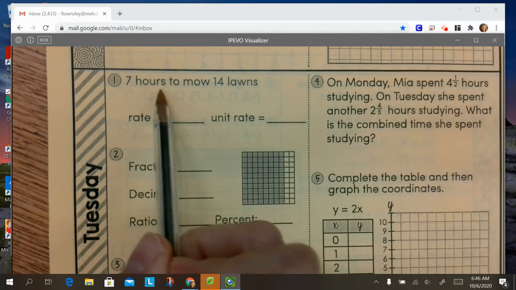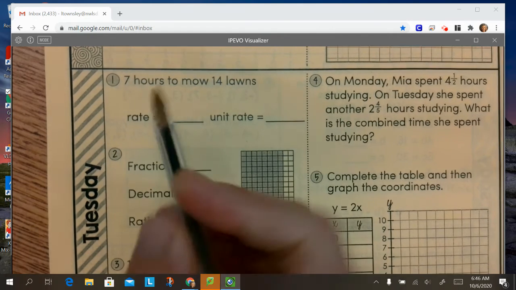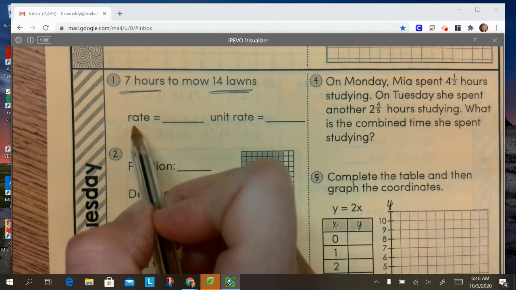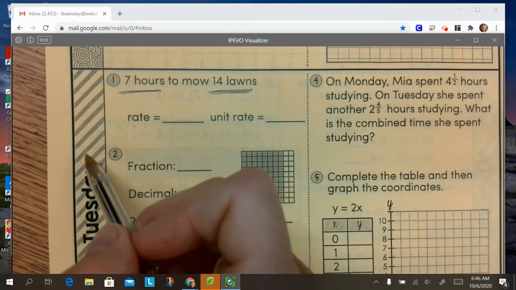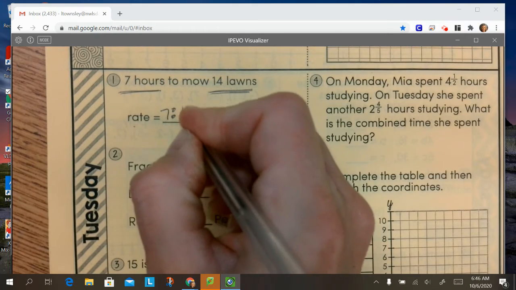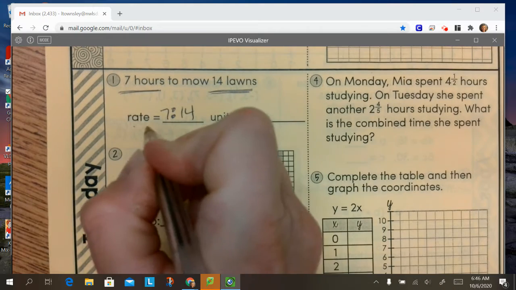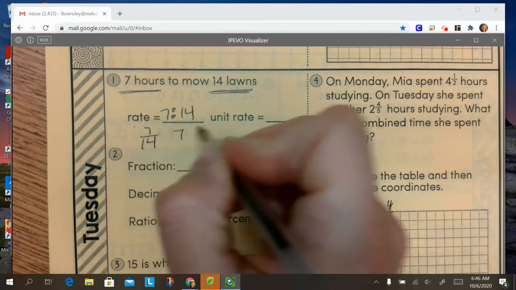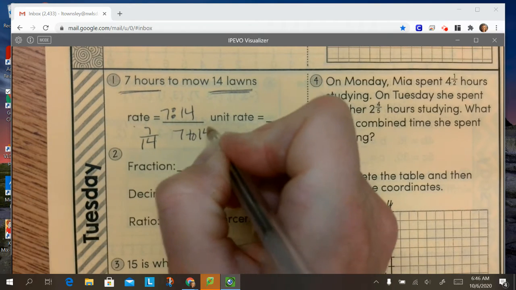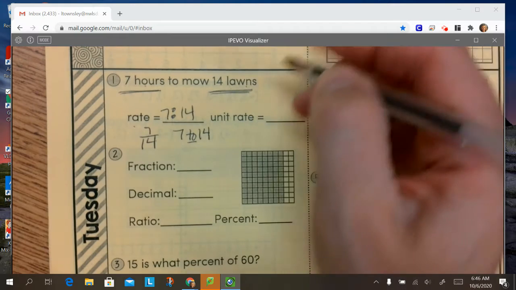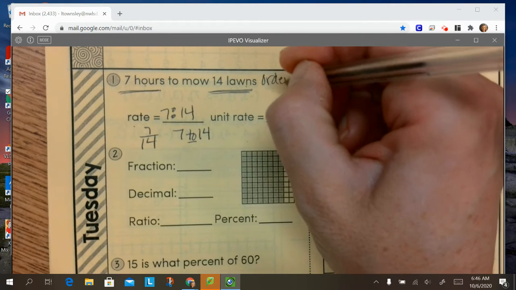So if you have 7 hours to mow 14 lawns, and they want to know your rate. Now your rate is just what it is, it's just what they're telling you. So it's 7 hours to 14 lawns, and you can write it with the colon, or with the fraction bar, or with the word "to." But either way, you want to make sure that the order of the numbers